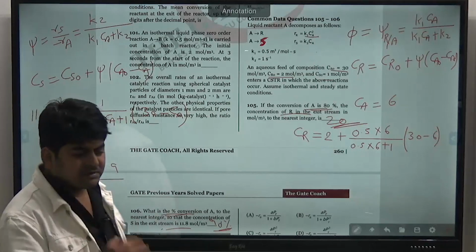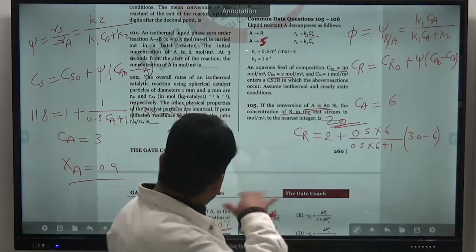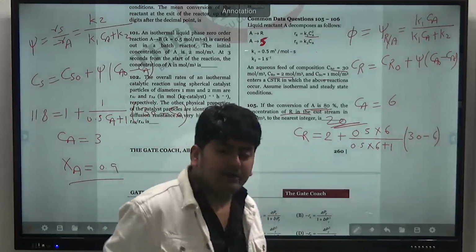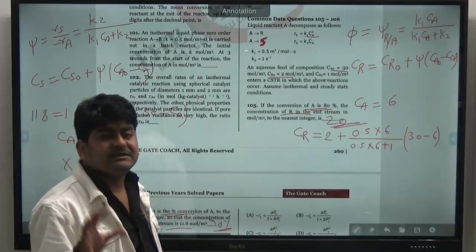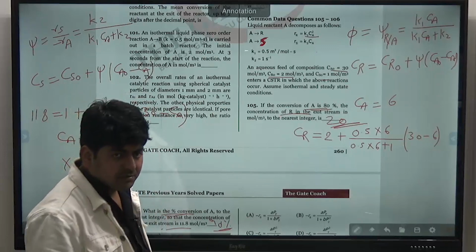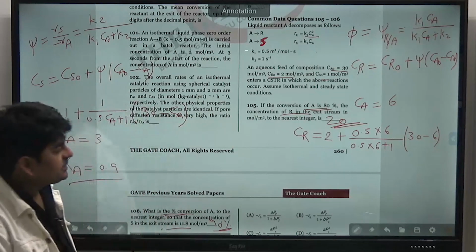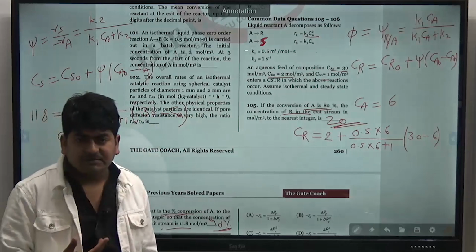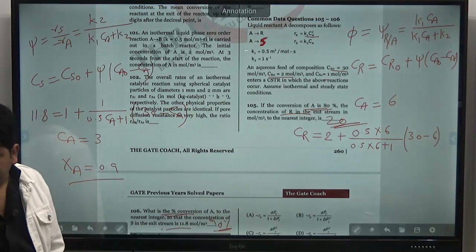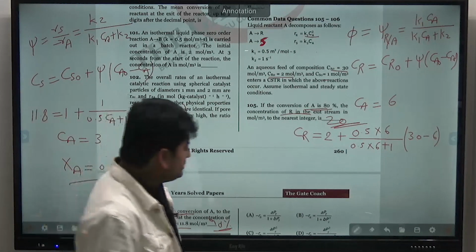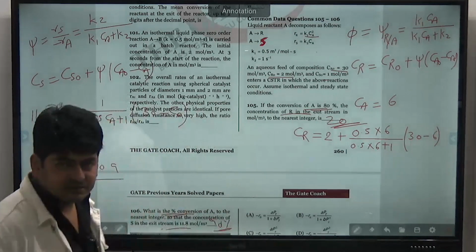Anyways, so this is all about the designing of parallel reaction. Okay, next we will talk about the designing of series reaction. So I hope it is clear to you, and the other questions from this part you can do by yourself. That's not a big deal. If you find difficulty in any of the questions, you can always ask. Just call or message on the office number.